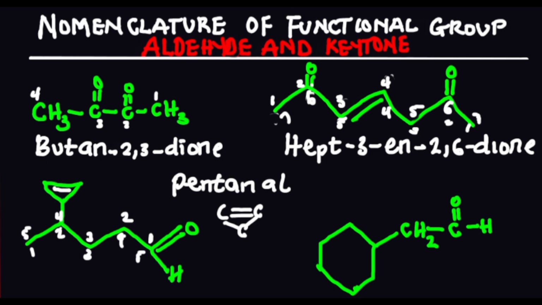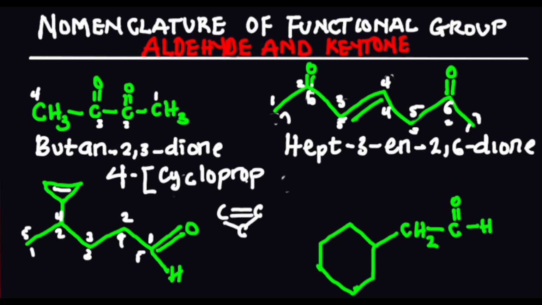So the whole name is going to be, since it is attached to carbon number 4, I'm going to have it to be something like this. Let me quickly write this up, right? It's going to be 4, then you open a big bracket, right? This is going to be 4-(cyclo, right? Prop in the sense that it is 3. But if you look at this very well, this is carbon 1, this is carbon 2. On carbon 2, that's when we have the double bond. So this is going to be cycloprop-2-